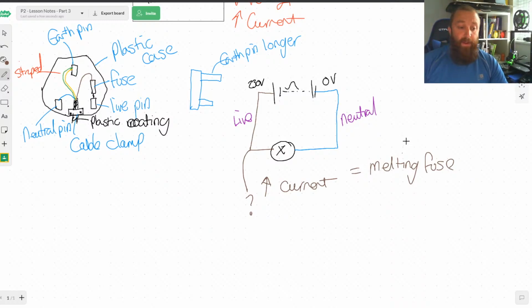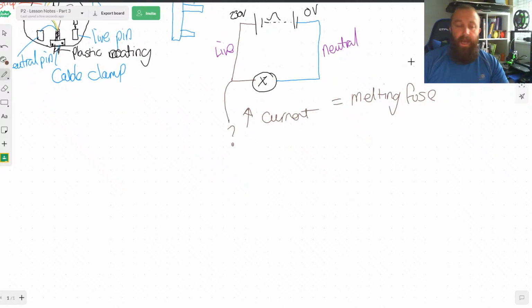Something else that could happen is when we actually start looking at, if you think about your fuse boxes at home, if we've got one of the newer fuse boxes, which most houses do now, not one with a fuse, and I shouldn't really call it a fuse box, we're talking about one of the ones with the trip switches. So if you think about, we've got a series of switches, and what they'll do is we've got this switch that's like that. What happens is if we get more current being drawn, these switch down and they flick off. Now these are called, or one of the names for them,